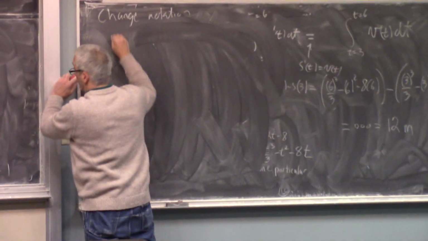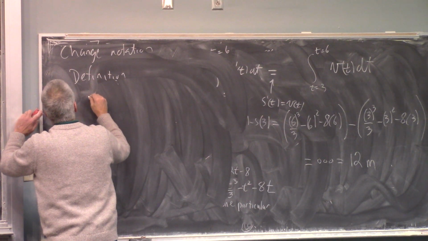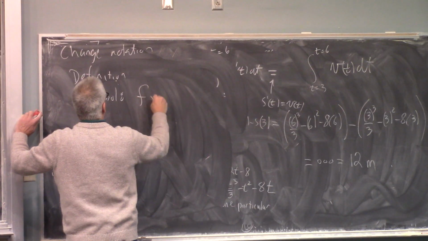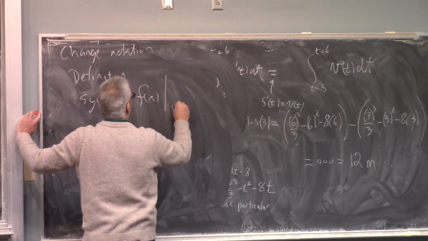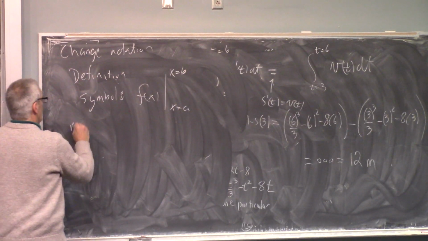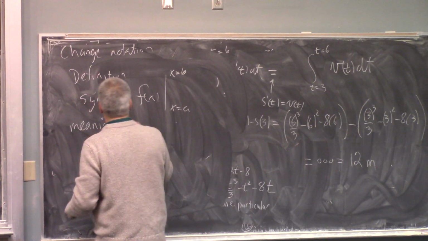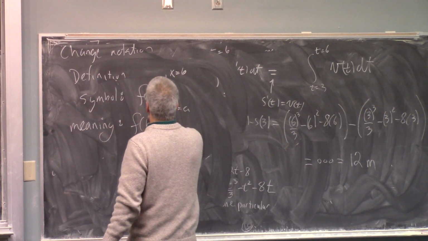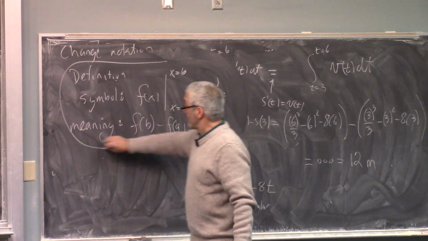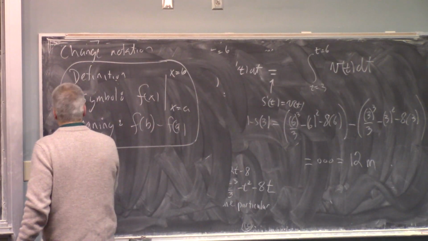So here's the definition. You put f of x, vertical bar, x equals a, x equals b. What it means is f of b minus f of a. That's why it's called change notation. It's the change in the value of f. So for example,